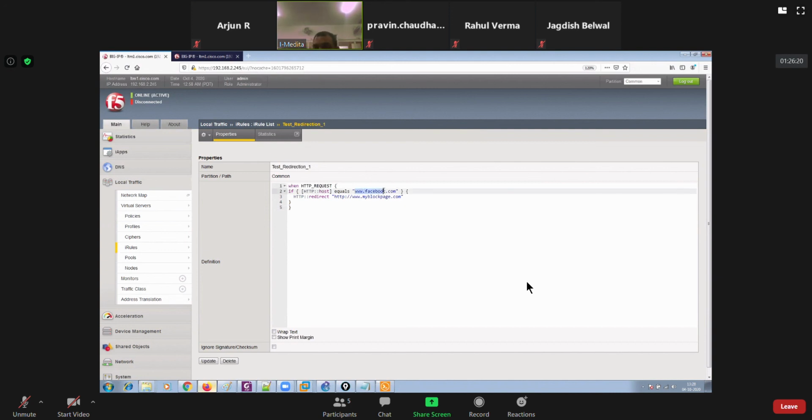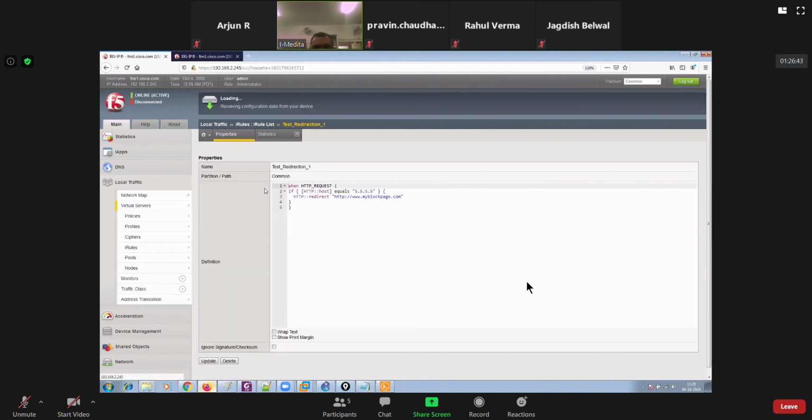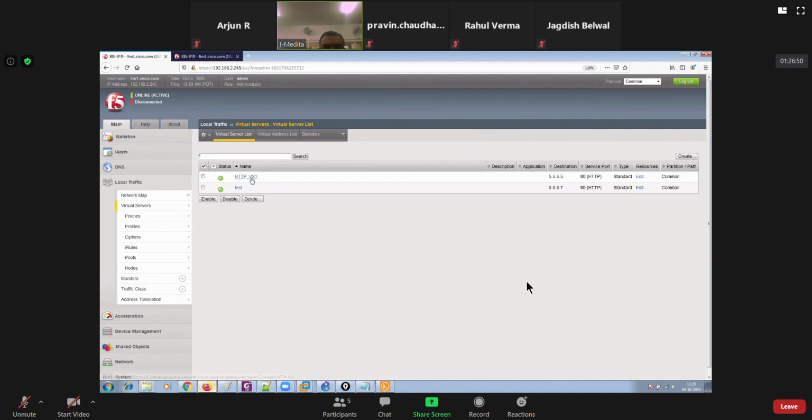What I will do, I'll just say host is 5.5.5. So update, right guys? And thereafter, let me go back to my virtual server and let me change my iRule.